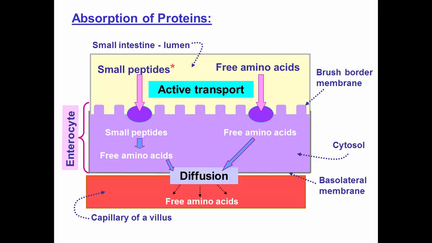Right, so different sets of transporters. And then across into the blood, through the basolateral membrane, we've got diffusion of free amino acids. This is where I needed to say this about small peptides: some small peptides can also cross the basolateral membrane into circulation. I said that a bit early, so this is where it happens. We get some bioactive peptides, which can come from whey protein and soy protein and other forms of protein, that can cross into the bloodstream, okay?